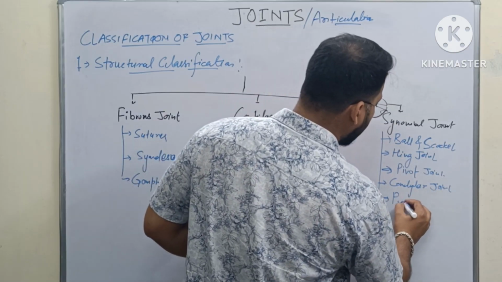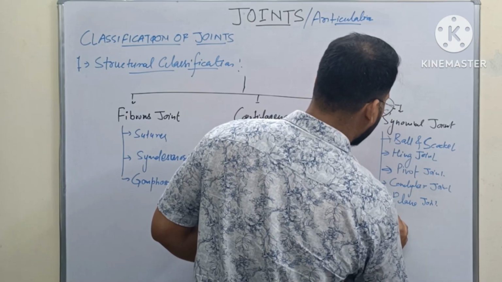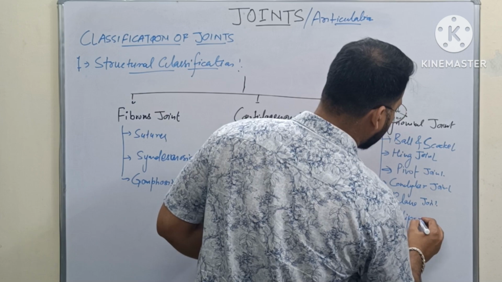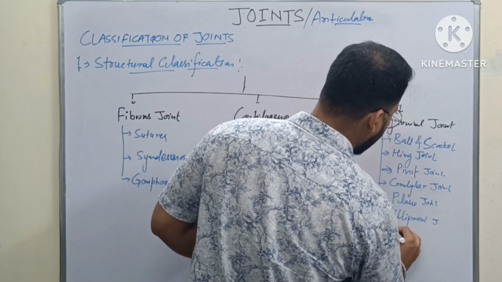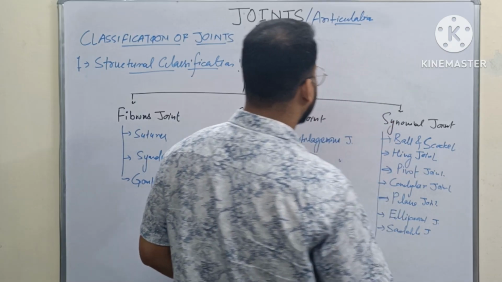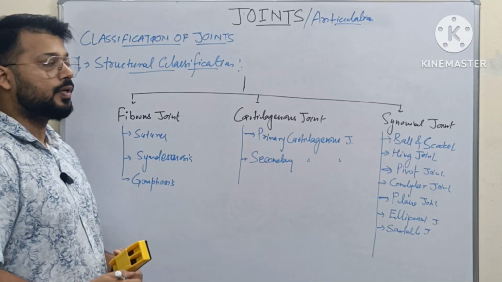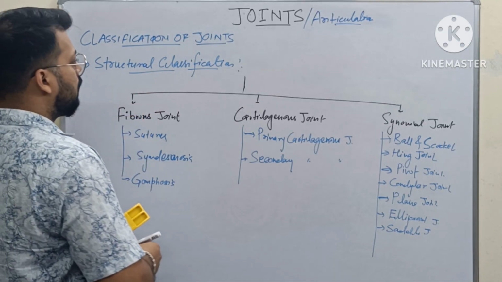Fifth is plane joint. Sixth is ellipsoid. And seventh is saddle variety, or saddle joint. So this is the structural classification of the joint, and this is the most common classification which is followed,